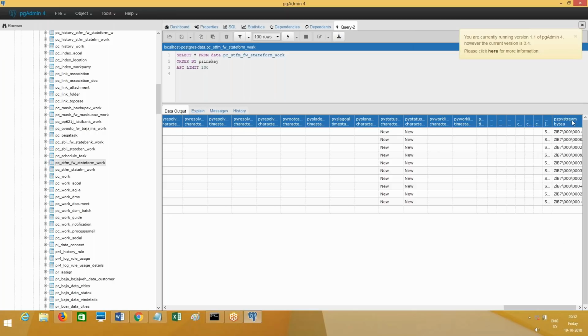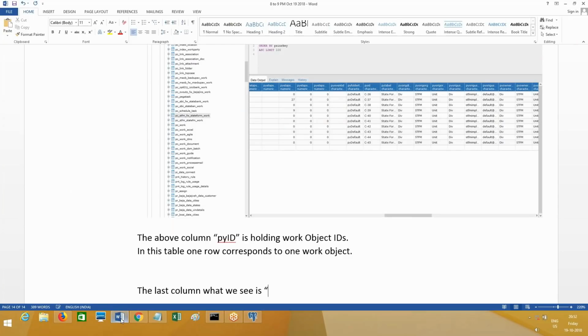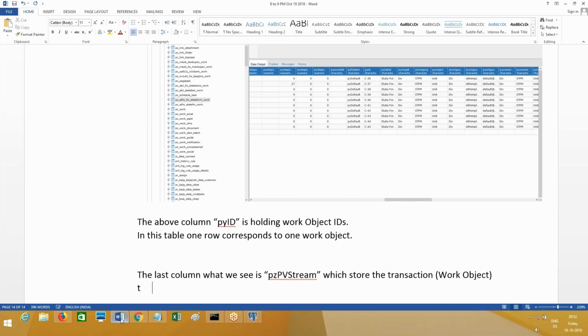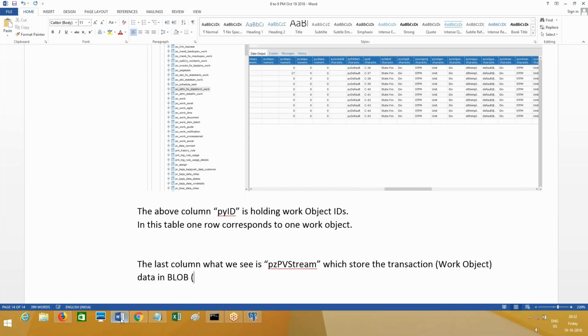The last column we see is PZPVSTREAM, which stores the transaction. I call it work object data, stored as data in BLOB, binary large objects.